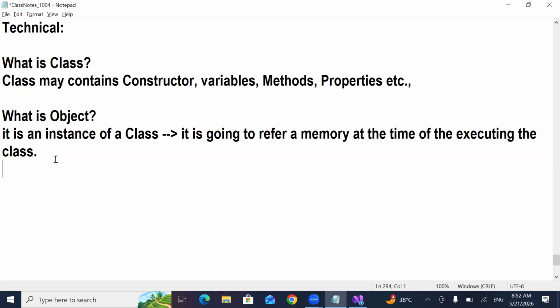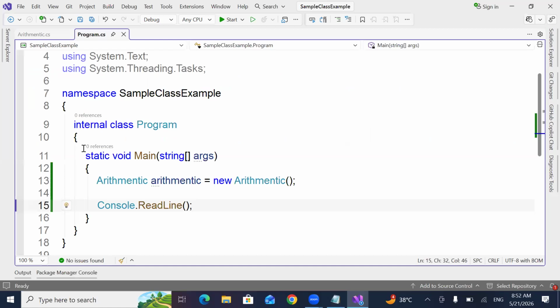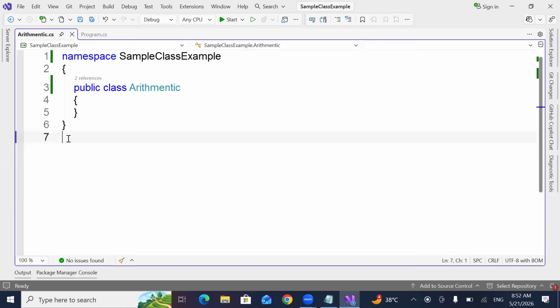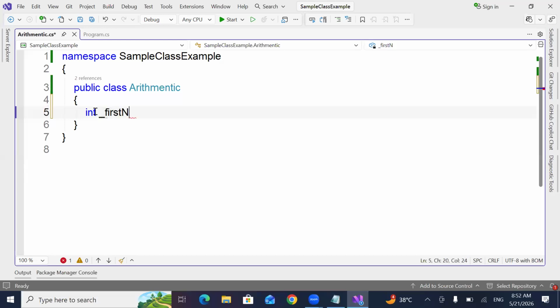Let's give an example. How can I maintain variables in a class? Come back here, go to arithmetic. Here, I am declaring a variable int first number equal to 0, int second number equal to 0.